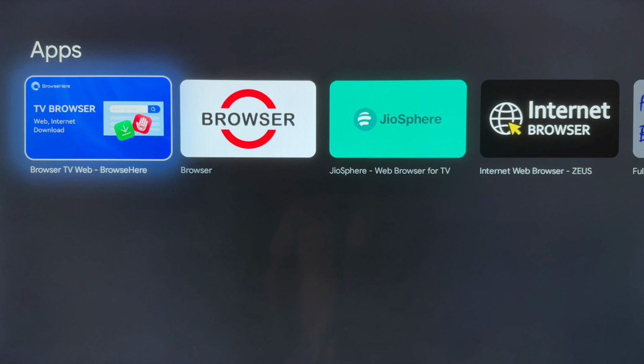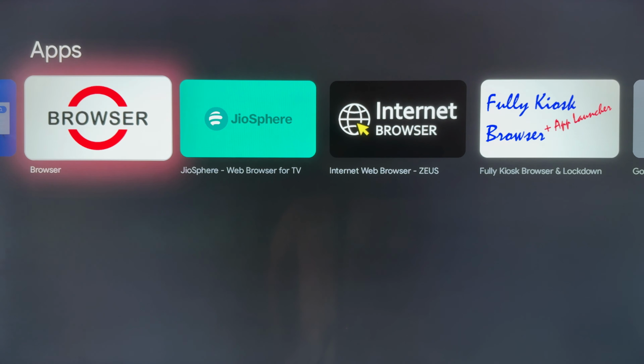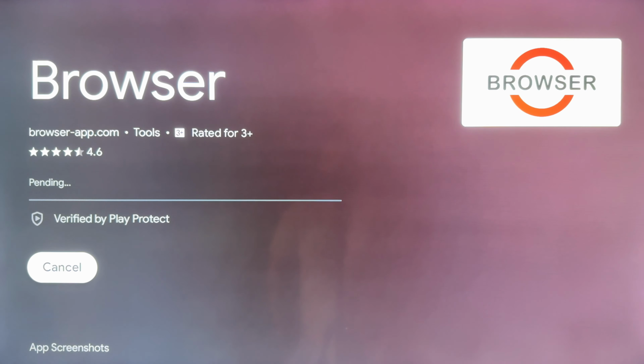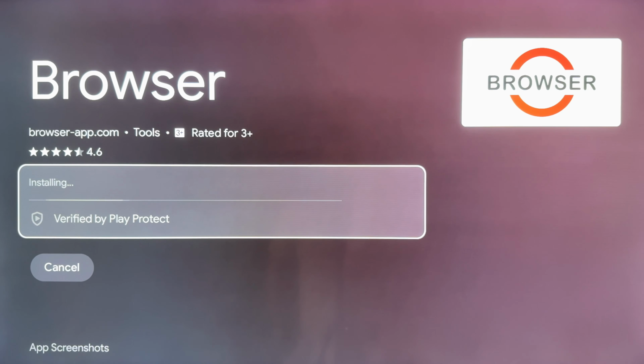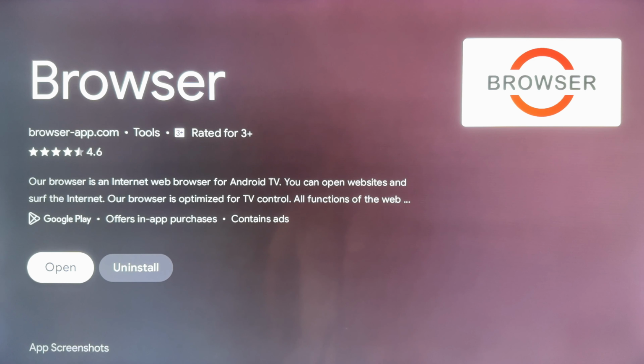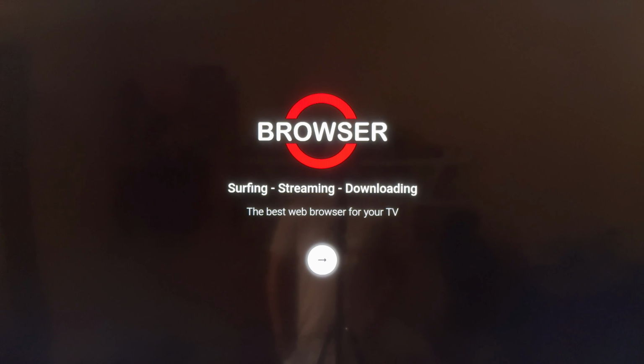Now from the list, you can select whichever you want, but for this video, I will install the browser with the name browser. This one. Now click on the install button and it will take few seconds to complete the installation. Once done, select open. As you are using the browser for the first time, select arrow icon and then set